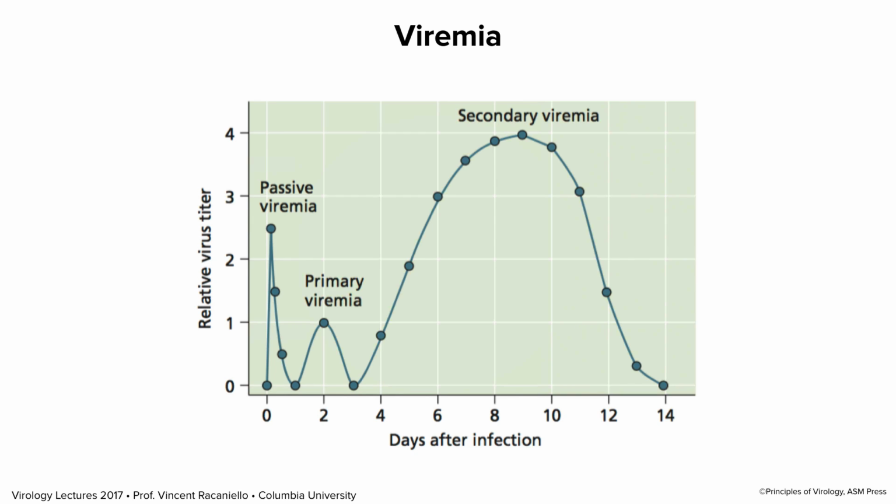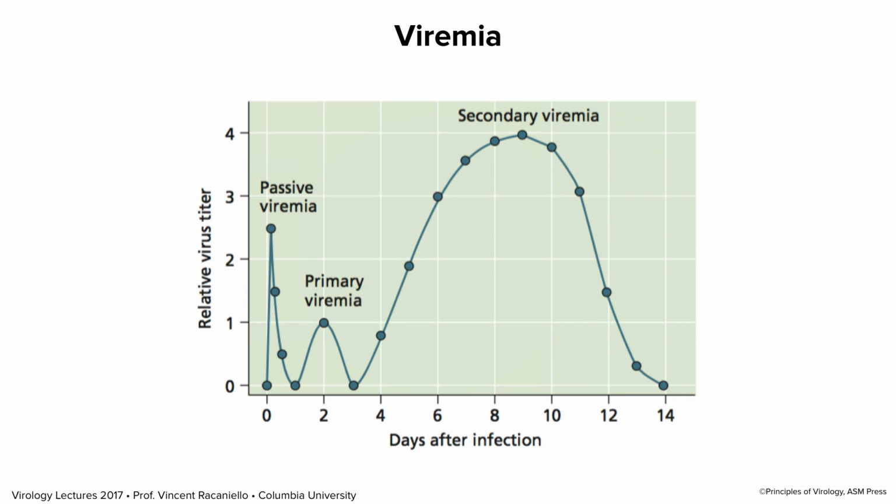Eventually, and how long it takes depends on the virus in the animal, that virus will replicate somewhere. And the initial burst of virus replication is typically where the virus has landed, the primary sites of infection of the virus. And that's the primary viremia. So it's sort of like virus getting into a respiratory tract, initially replicating at the tract, at the mucosal epithelium, then spreading to the blood. That would be the primary viremia.